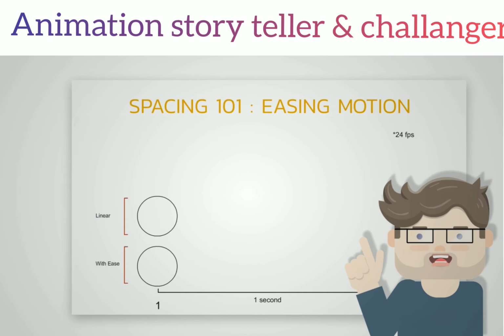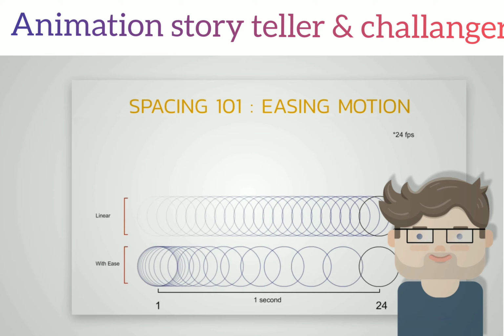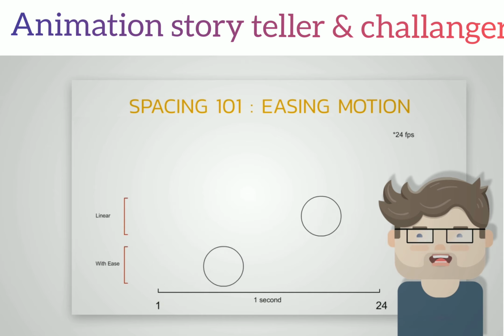Take a look at these circle animations. Both complete their motion in exactly 1 second, 24 frames in total. Their timings are the same, but both of them look very different. The reason is spacing. The top circle moves at a linear constant speed, which means all the frames are evenly